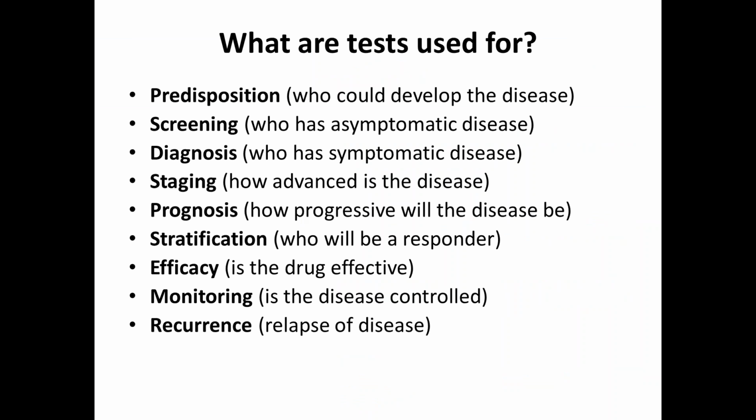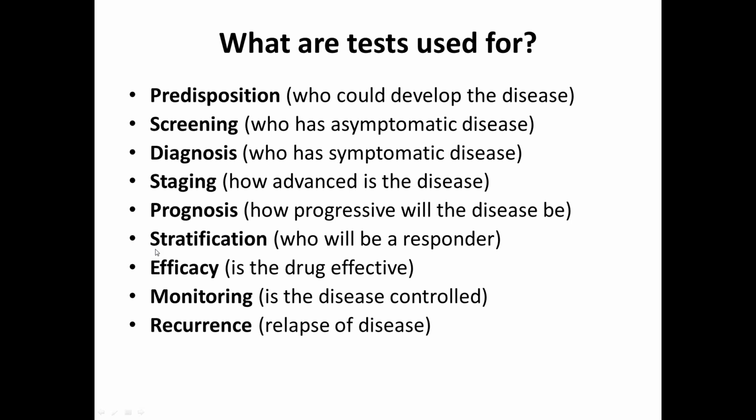Okay, let's just think a little bit about what tests are used for, because medical tests are used for a huge number of purposes, and not all of these can be assessed by looking at their accuracy. So in this list here, diagnosis is in the third one down. That's clearly one where we're going to be looking at the accuracy of tests. But tests can be used for screening, for identifying people who are predisposed to disease, also for staging, for detecting how advanced the disease is, for prognosis, for looking at whether a test predicts a patient outcome,